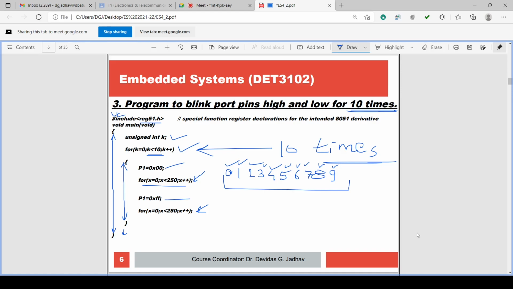So you can execute this program in simulation. You can do these simulations afterwards. Whenever we go for the simulations, we'll put all these programs in and execute them, and we can check the output to see whether they are running correctly or not.